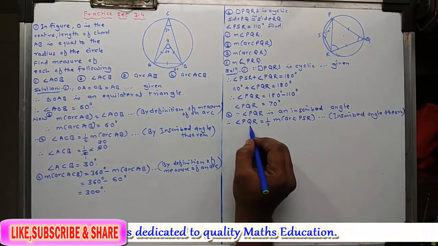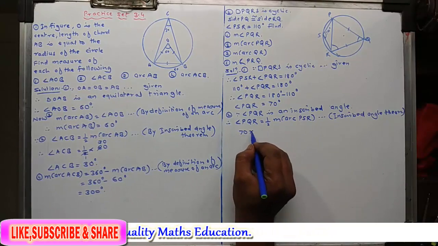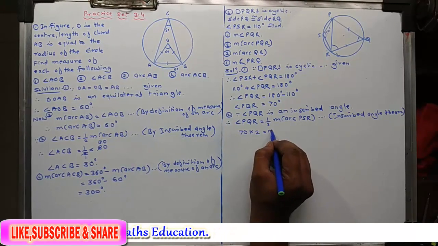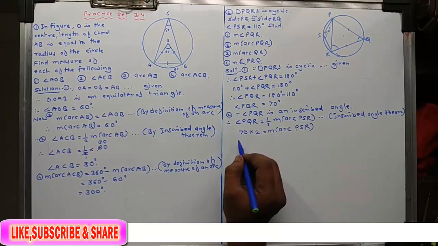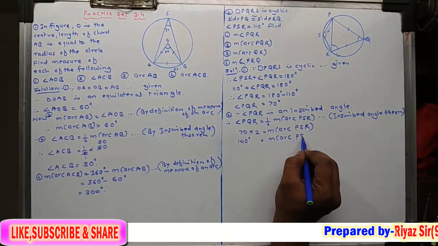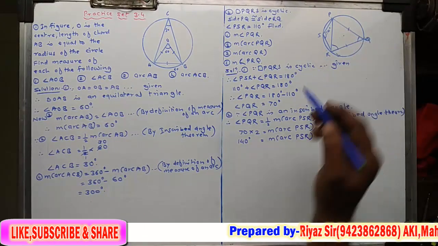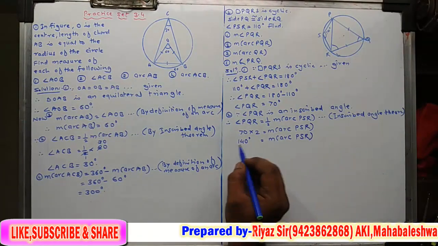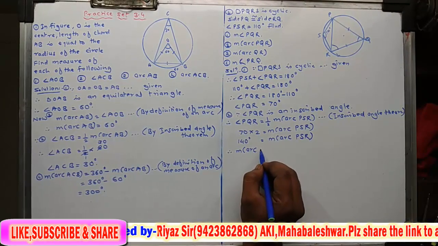Okay, so angle PQR is 70 degrees. This 2 is in division, so on the left-hand side it will be in multiplication, equal to the measure of arc PSR. So 2 sevens are 14, it is 140 degrees, equal to the measure of arc PSR. So the measure of arc PSR is equal to 140 degrees we got, and therefore the measure of arc PQR